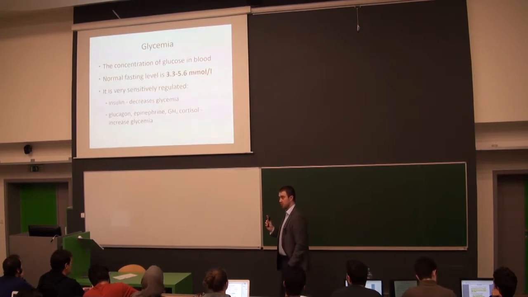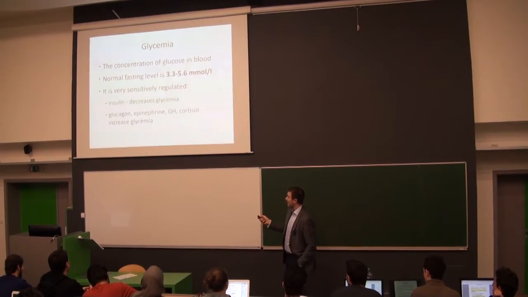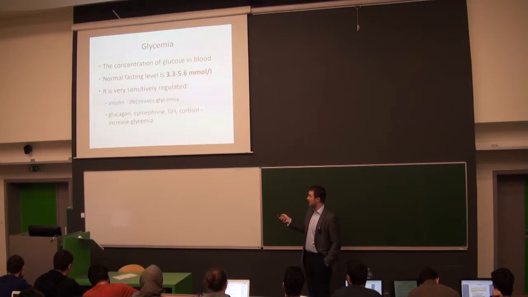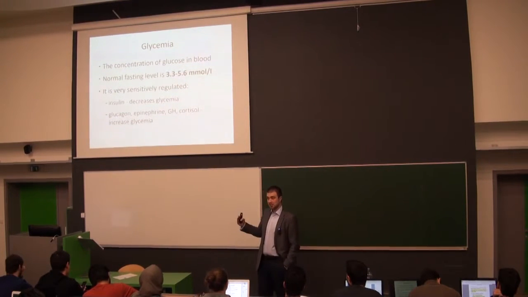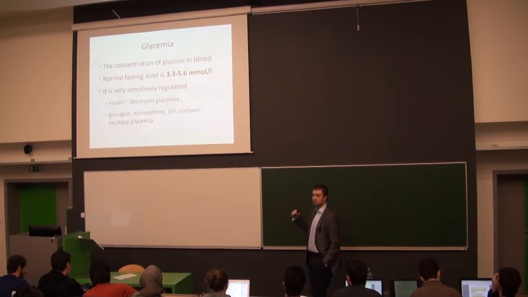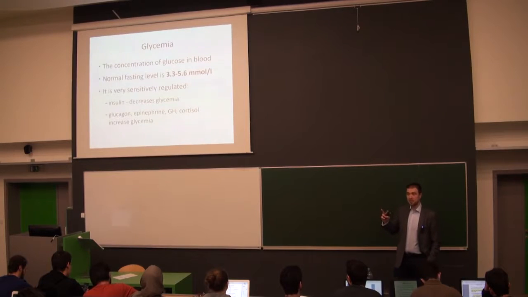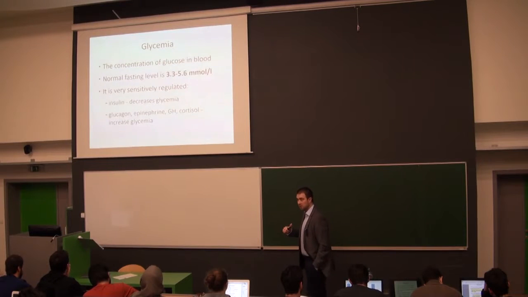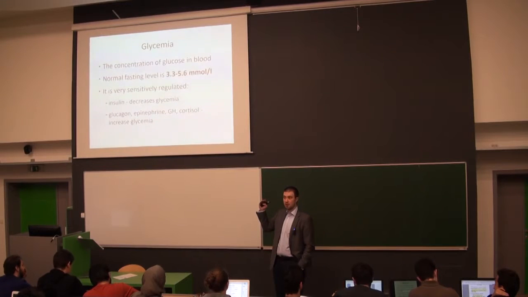by two groups of hormones. The first group has one member, that's insulin, and insulin does everything to decrease the glycemia. On the other hand, we have the group of counter-regulatory hormones that acts against insulin, and therefore they are increasing glycemia. The two basic disturbances of glycemia are hypoglycemia, that means that you are below the normal level, and hyperglycemia, if you have values higher than the normal level.